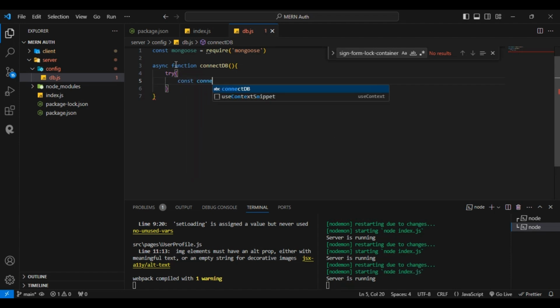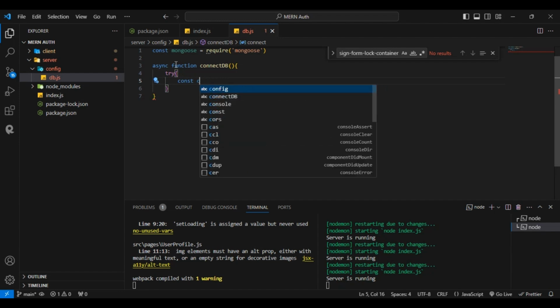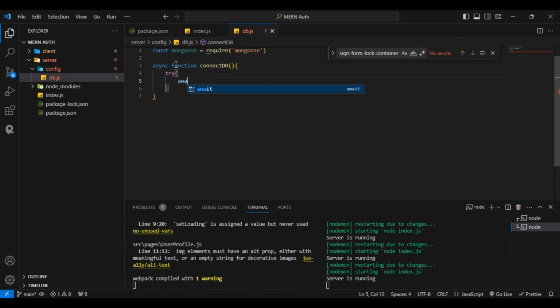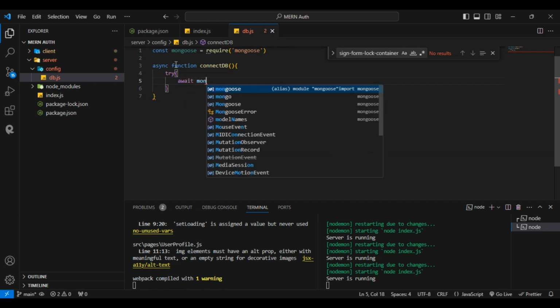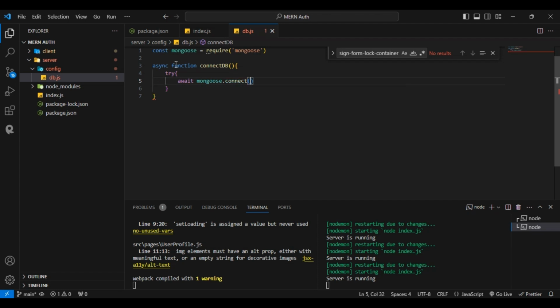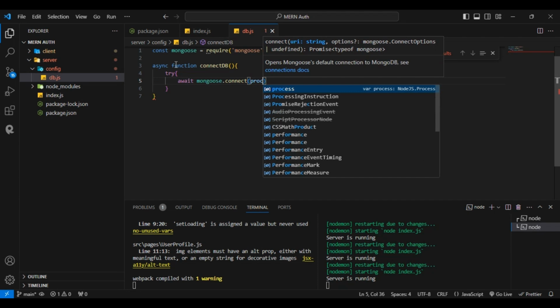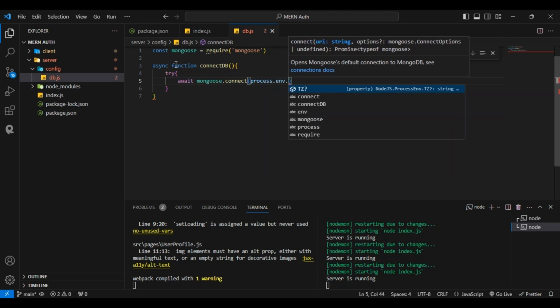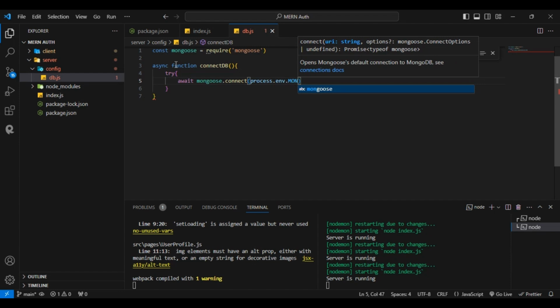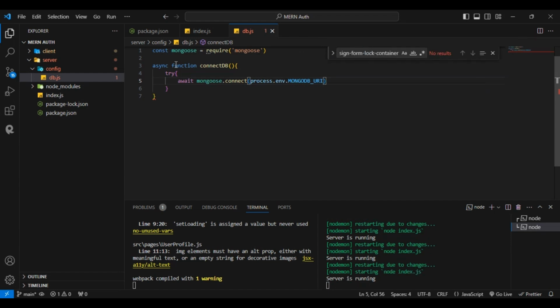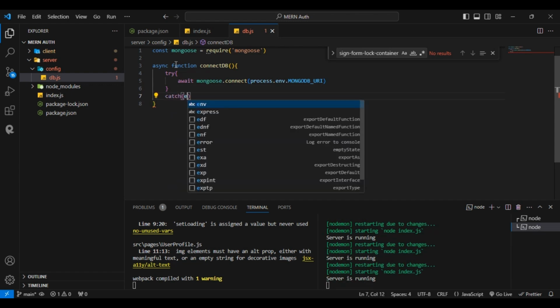I will await mongoose.connect, and inside this I will give process.env.MONGODB_URI. If the URI is correct it will connect,